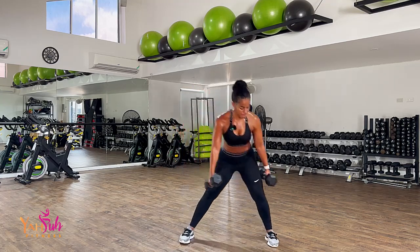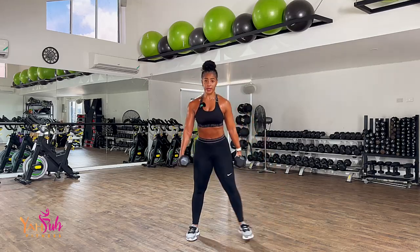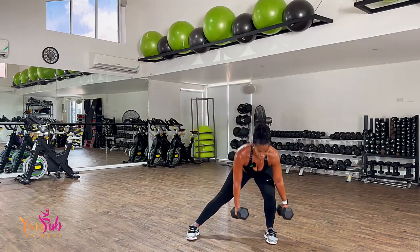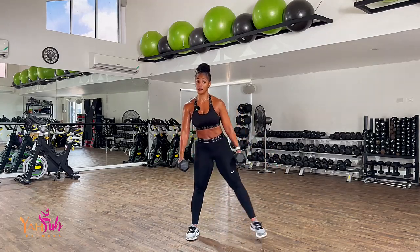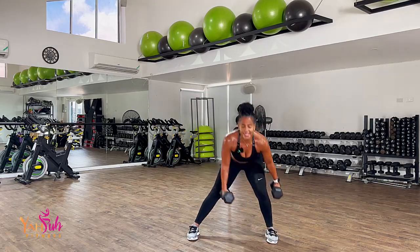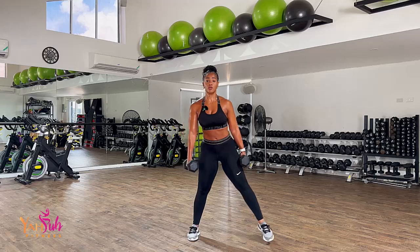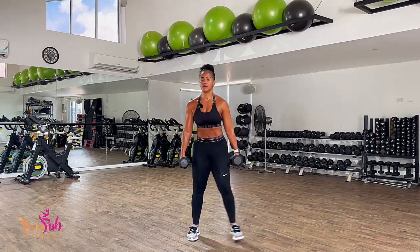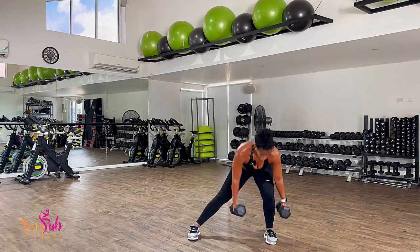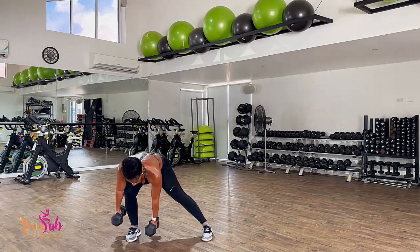And 1, together. 2, keep your chest up. 3, bottom down, chest up. 4, feet parallel. 5, tummy tight. 6, push your butt back. 7, knee over ankle. 8, 9, 10. Other side. And 1,